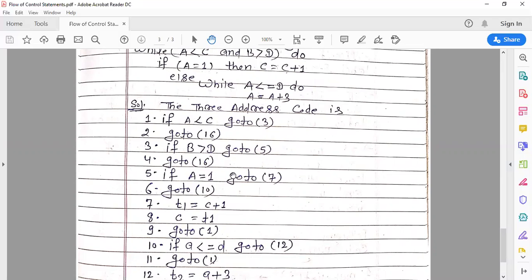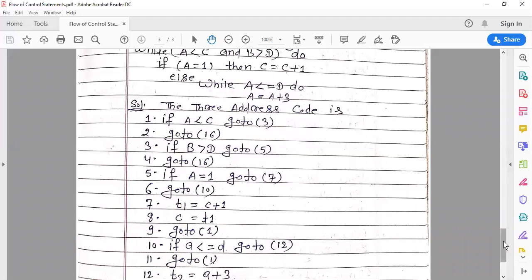Okay. So if A less than C is true and B greater than D is true, then control jumps to 3 and control jumps to 5. And if A is equal to 1 is false, then the if statement inside the while do statement, your control jumps to the else statement.